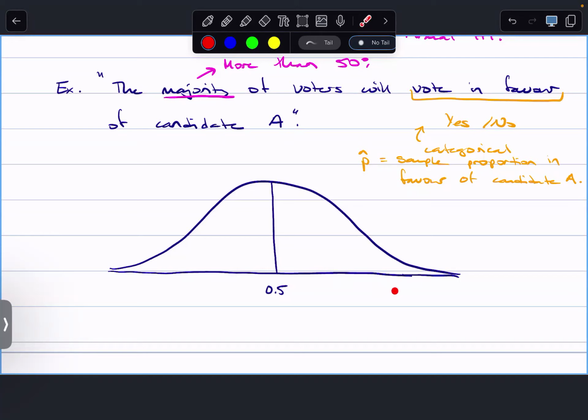So if I draw something maybe here, let's say this sample proportion, just without having any values, just looking at that, is that significantly different from 0.5? Not really, because it's very close to 0.5. In fact, anything that's in this bulk of the data is not considered